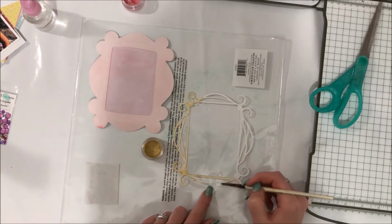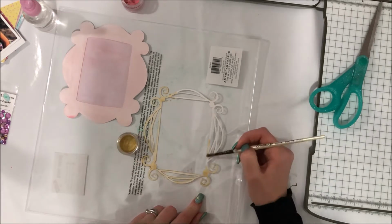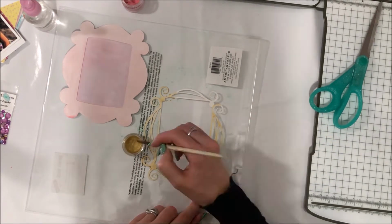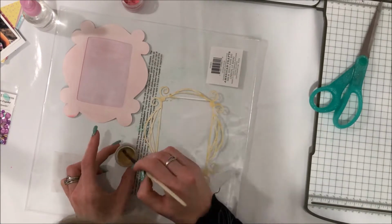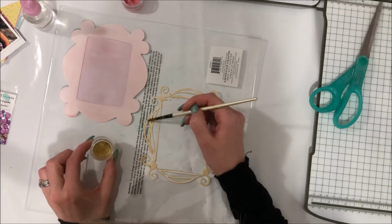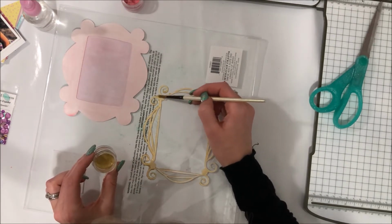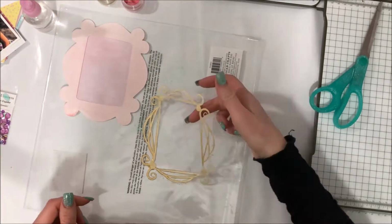So often I add my journaling last, but on this occasion I wanted to add it first because the layout is about the story rather than the photo itself. So my paints are ready now, and what I'm doing is I'm painting my frame. I painted the large piece in the pink, and I'm painting the detail piece in the gold, and I'm just going over that with a couple of coats of that beautiful gold paint, Minor 49er Inklingz, and as soon